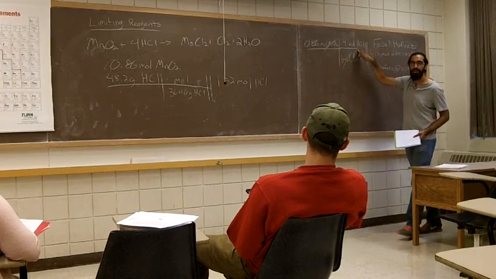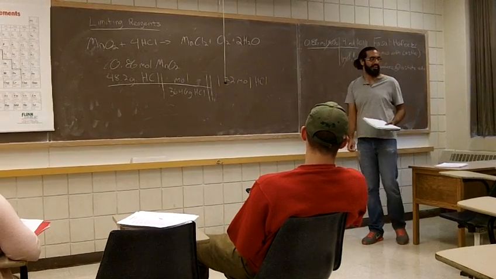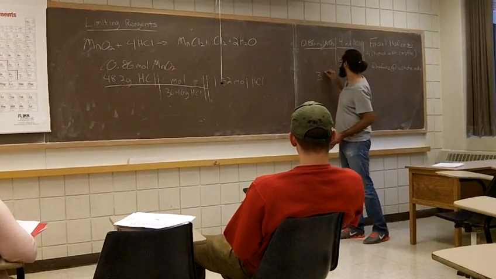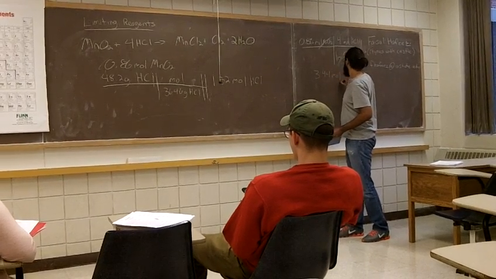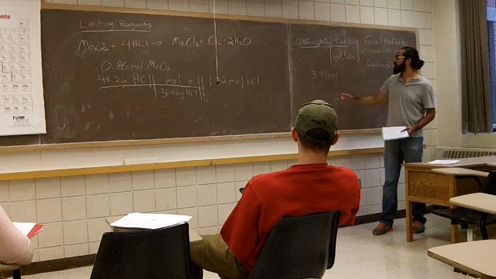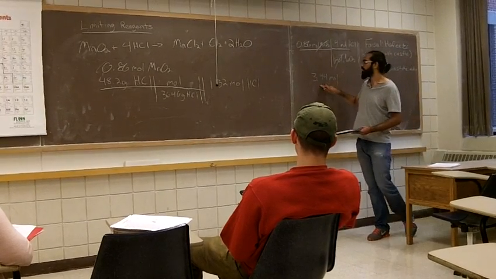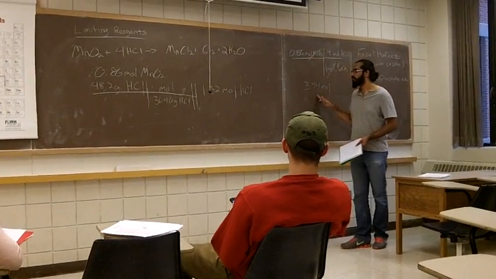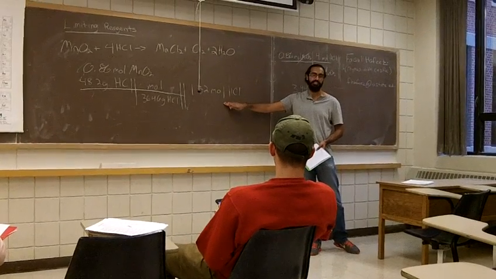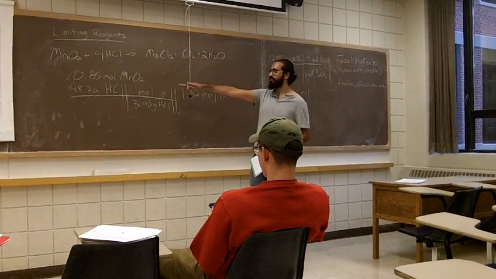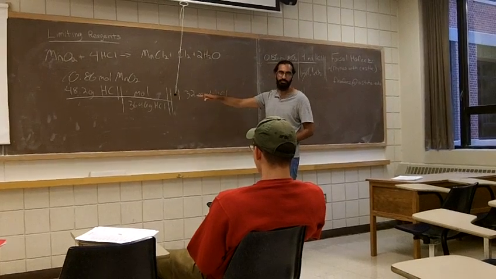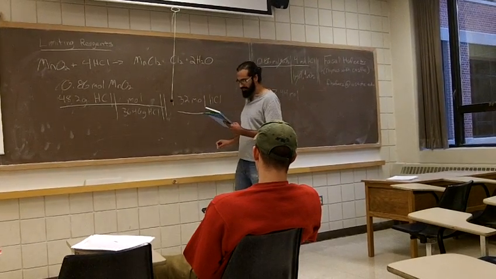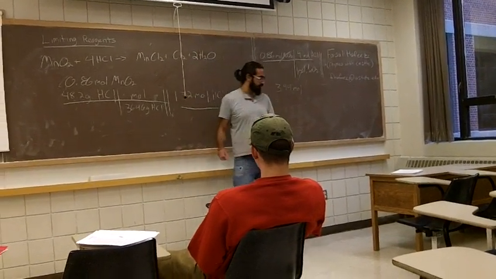So this will tell us how many moles of HCl we're using. Anyone want to calculate that? 3.44. Okay, so this is how much HCl we're going to use. Is this greater or less than this? Greater. So therefore, we have less HCl than what we need to use 0.86 moles of MnO2. So what's our limiting reactant in this case? HCl, exactly. Okay, and then the question also wants to know,